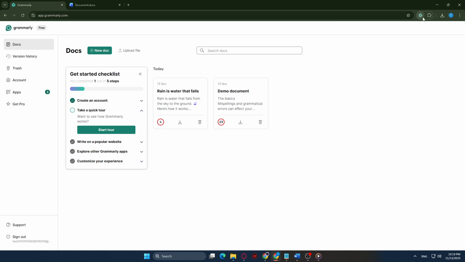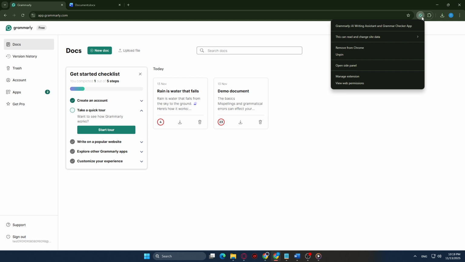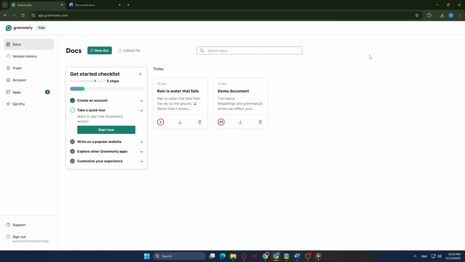Doing so will present you with a series of options in a small drop-down menu. This menu is super helpful for managing your extension's appearances and functionalities. But today, we are concentrating on one specific feature, unpinning. Look for the option labeled Unpin in this drop-down menu. Click it once. What this does is remove the extension's icon from your main browser toolbar, maintaining its functionality without